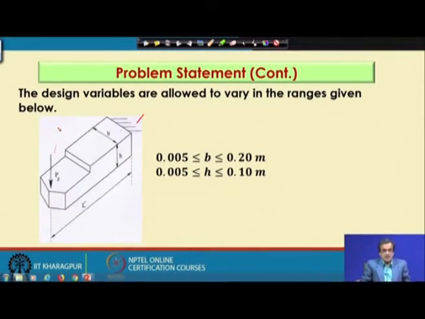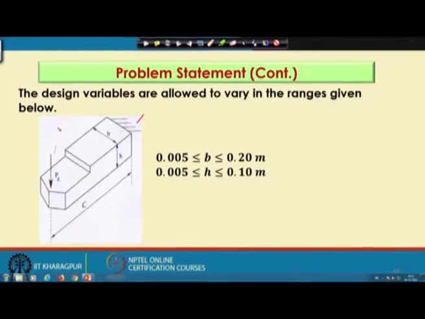Now, I have already discussed how to find out the optimal design of this single point cutting tool using traditional methods, for example, steepest descent algorithm, random walk method, and we also used a few non-traditional tools for optimization like binary coded genetic algorithm, then real coded genetic algorithm, simulated annealing. And now, I am just going to discuss how to tackle the same optimization problem using the principle of the